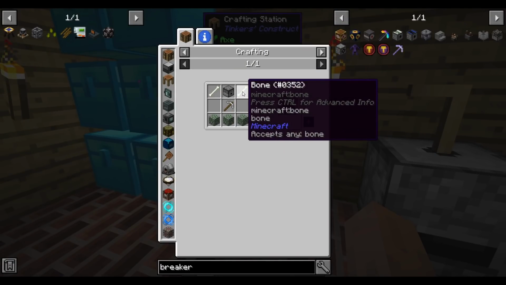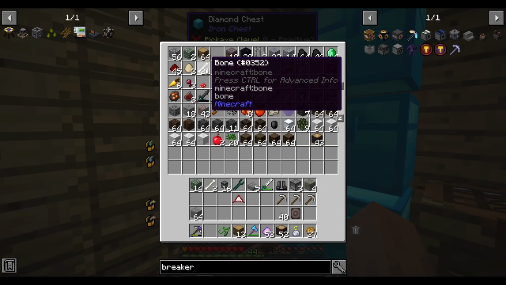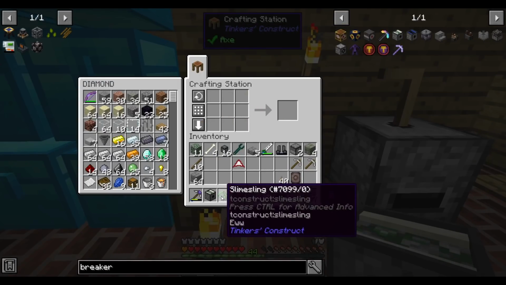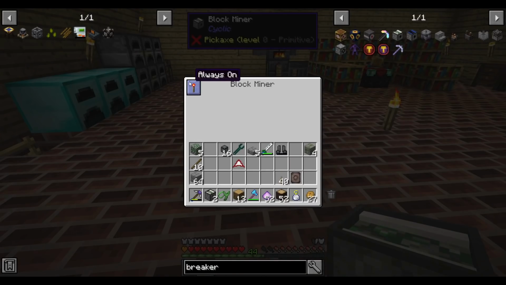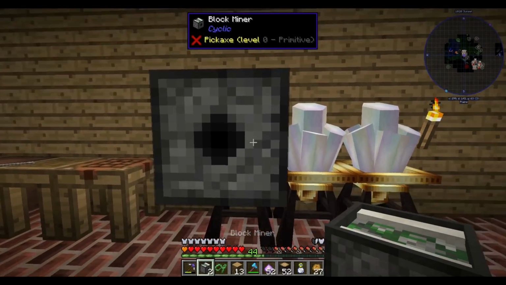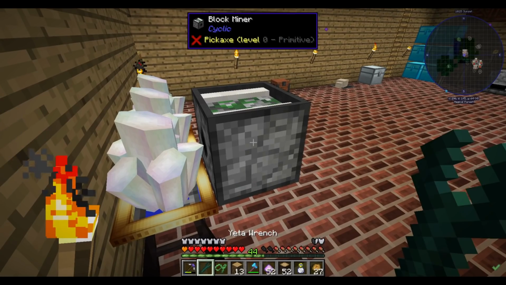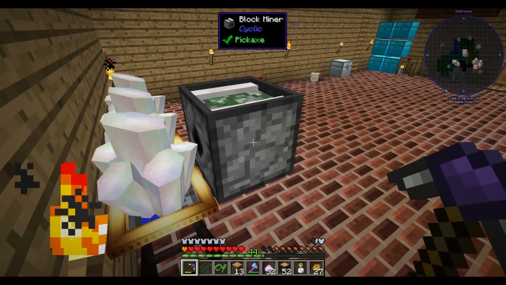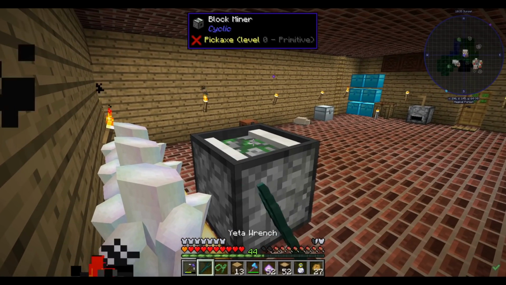And, oh no, those have to be bones. Hope I have enough bones. I should. And there's 1, 2, and... Oh, are these configurable range? No, they're just on or off. We place it here, I assume, or backwards. Do your thing. Always on. No? Maybe...